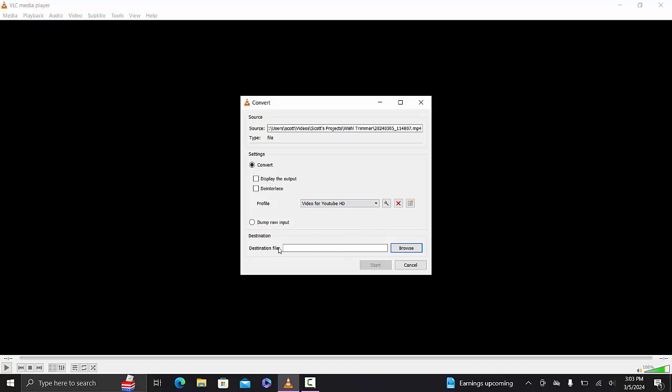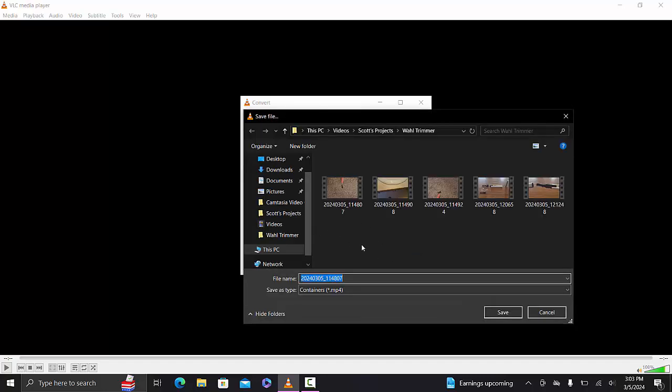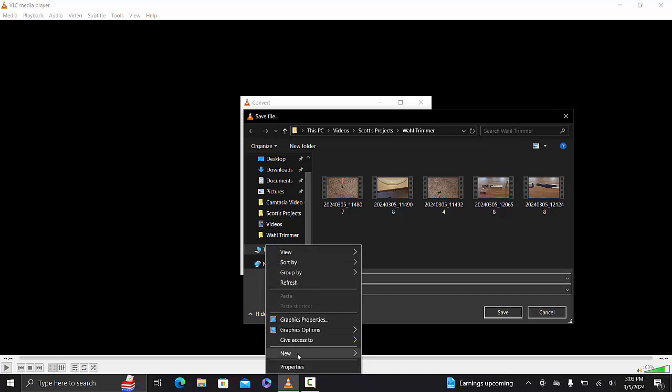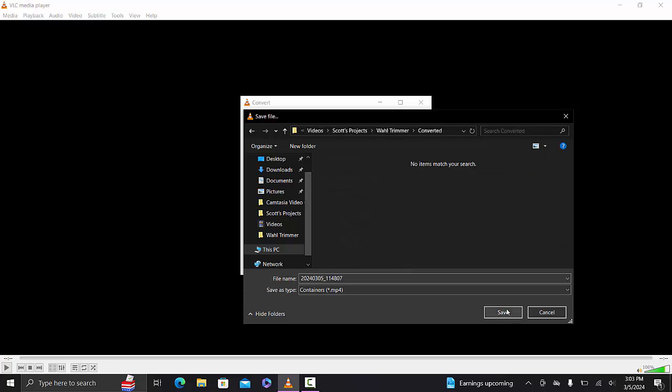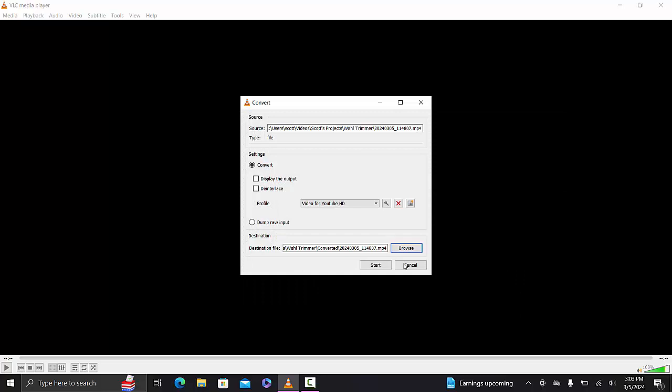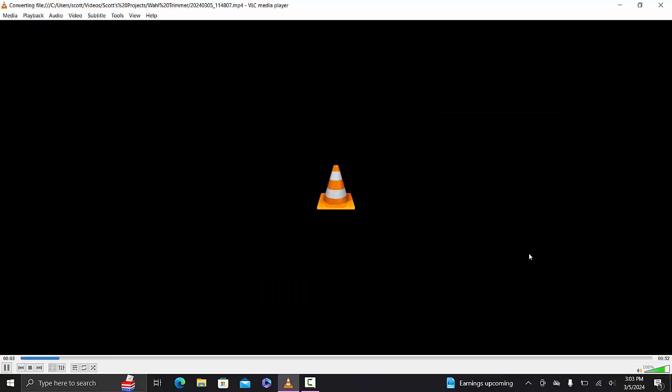And then destination file will browse to this folder. We'll make a new folder and put converted, and then put it in here and hit save and hit start. And you can see in the lower left that that's the progress of the conversion. It's going to take about a minute,